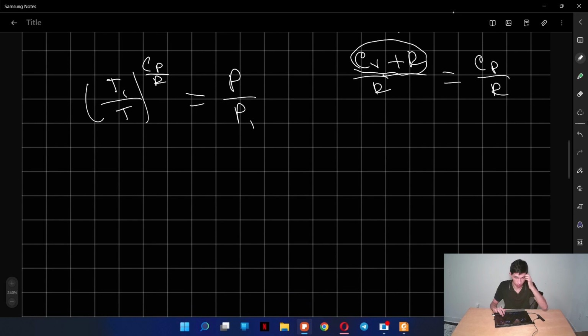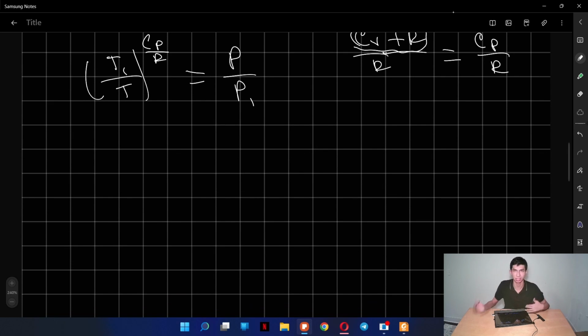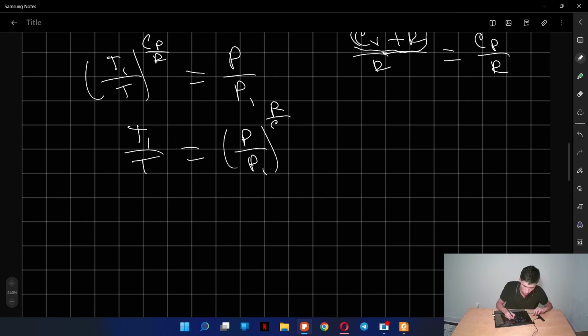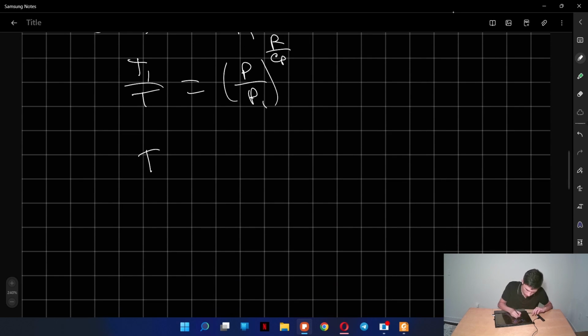The next thing is, now we have this equation, and I want to make T the subject of our equation, so it's just going to be like Ti over T to the power of, like, Pi to the power of R over Cp, and then our T is going to be equal to Ti